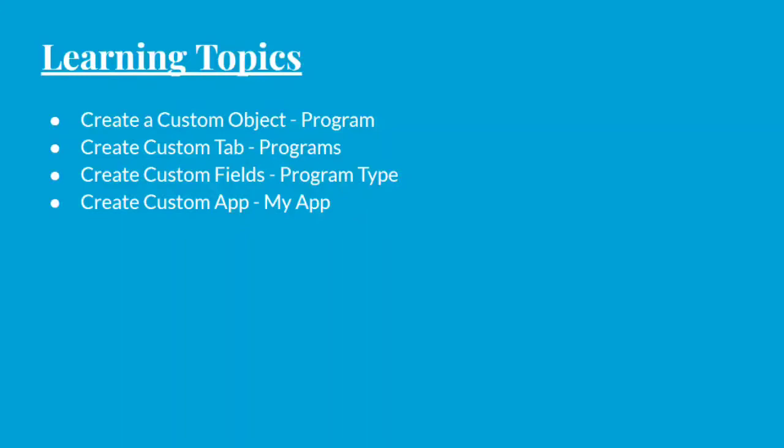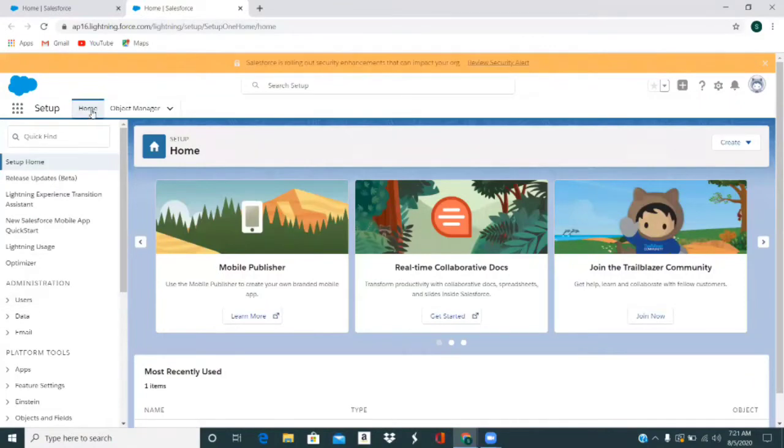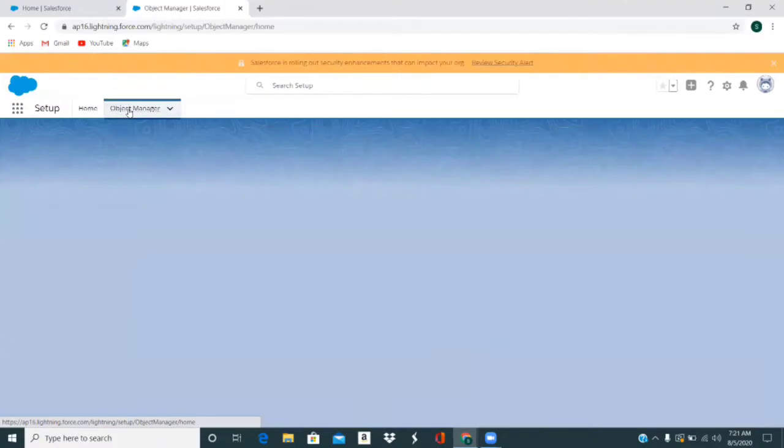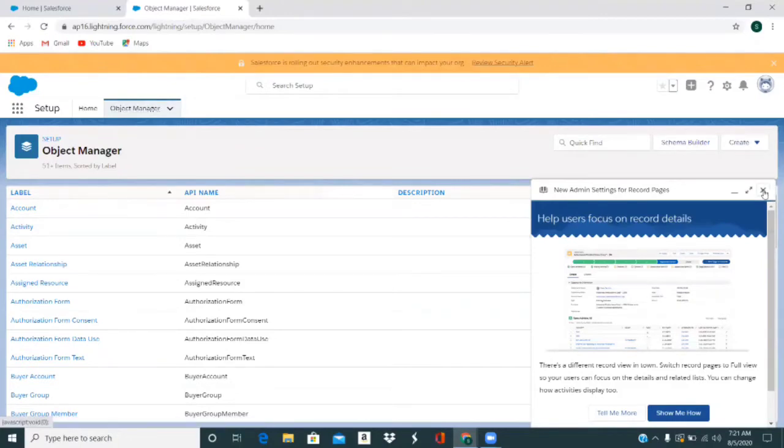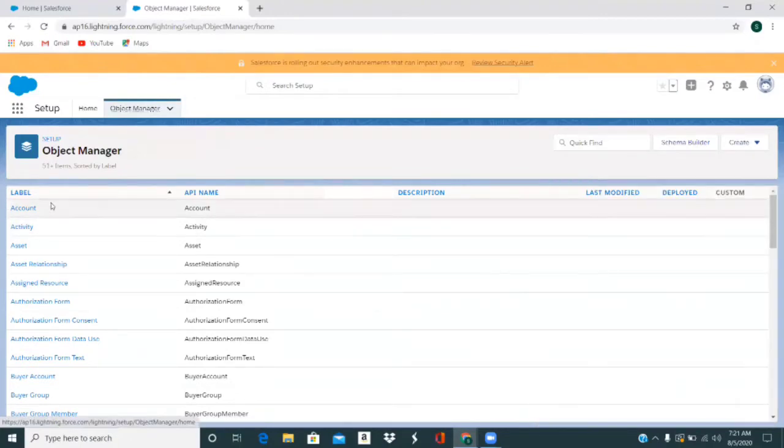So let's see how you can create a custom object in Salesforce and what all fields you have to fill up while creating a custom object. So for that, I have to go to the object manager. So I'll click on object manager. So here you can see all the list of objects currently present in our developer edition.